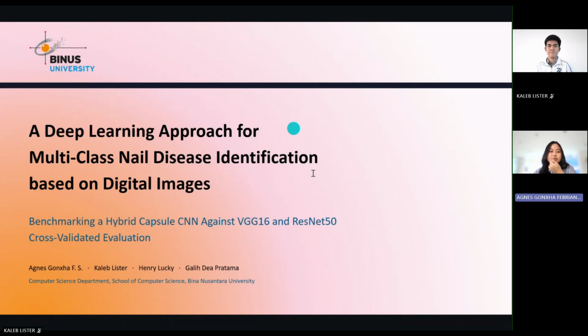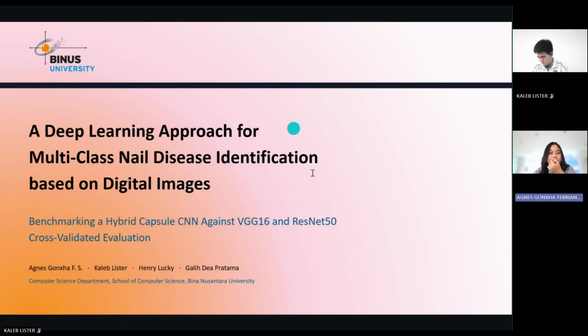Good morning, everyone. Today we are going to present our research titled, A Deep Learning Approach for Multi-Class Nail Disease Identification Based on Digital Images. In this study, we benchmark a hybrid capsule CNN against two conventional architectures, VGG16 and ResNet50, under rigorous